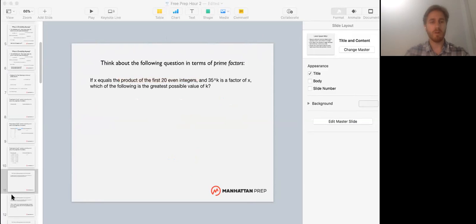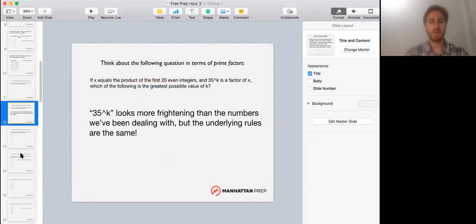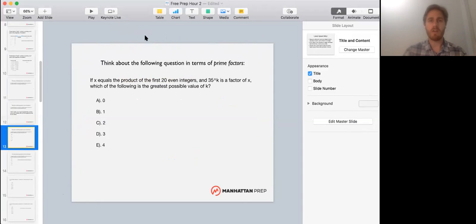Okay, so with the rules being the same, even though it looks more frightening, GMAT's favorite games, they scare you with appearance. All right, don't be frightened by appearance. It's often the same simple rules. It just looks weirder. All right, if I think about this, well,